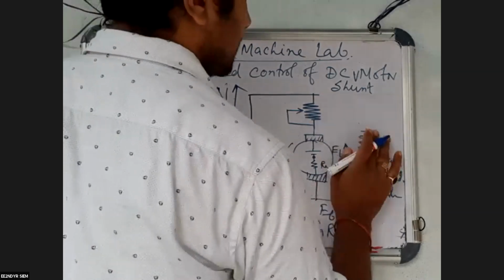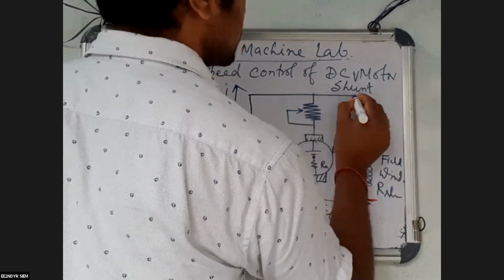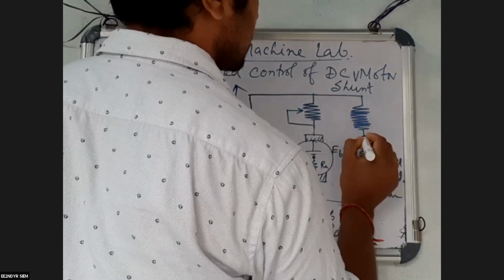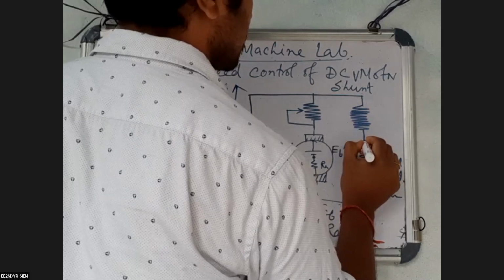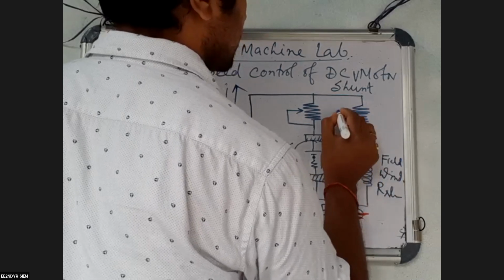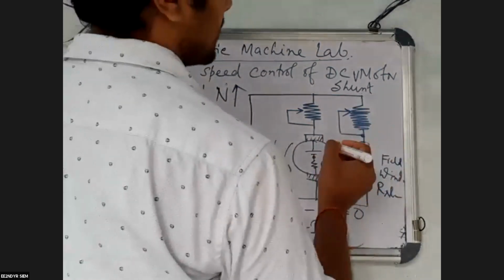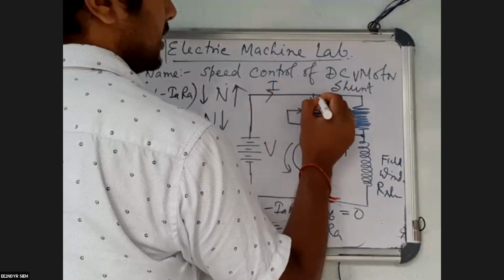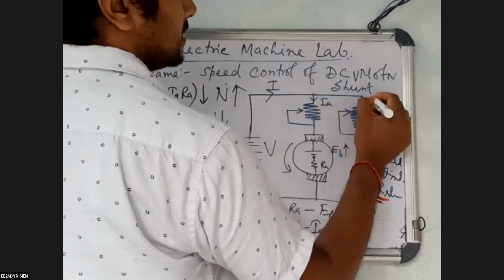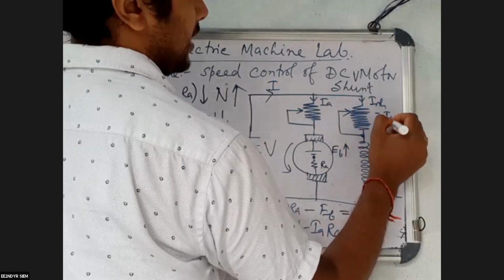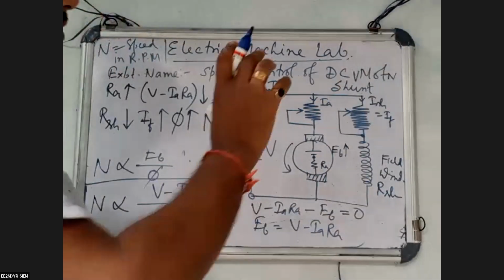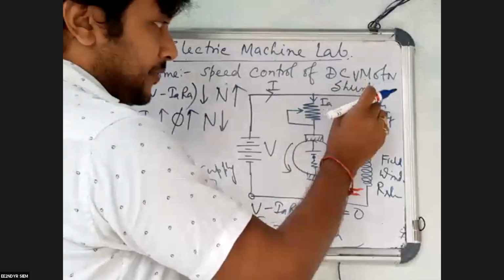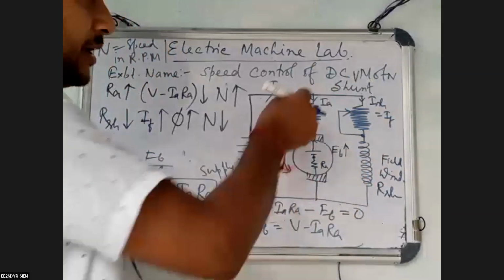Here, similarly, this is called rheostat. So it is I. This current is IA, and this current is ISH, or you can say IF. Okay. So simultaneously in the experiment, what we will do, when we fix this particular rheostat, we can change the